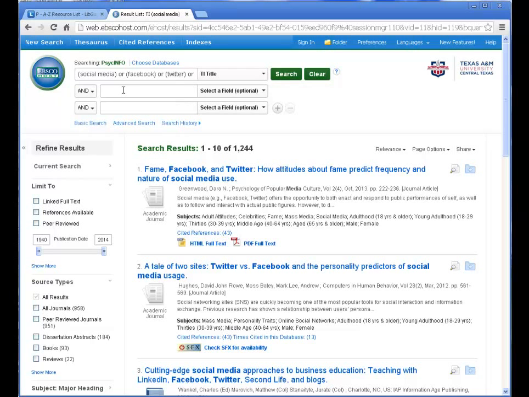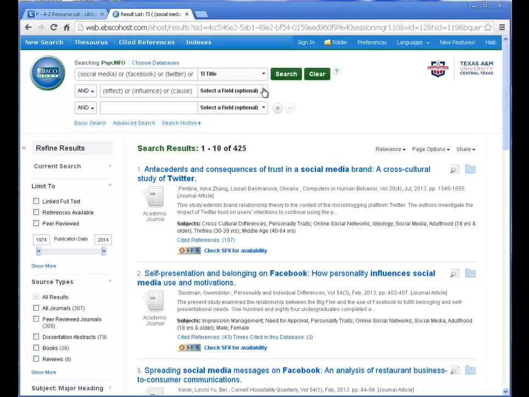Another thing you can do, let's say I want to know what the effects of this are. Well, I'll put in effect, which also picks up everywhere the word effects comes up. Maybe I also think influence, maybe cause, right? So all the things that are kind of synonyms I can put on the same line and put or between them. So now it's going to search for anything related to social media, all the synonyms I could think of, and things that have these kind of effect words in them. So now we're at a little over 1,200,